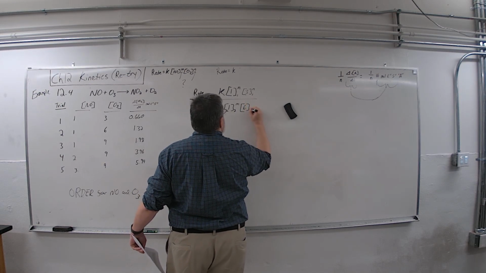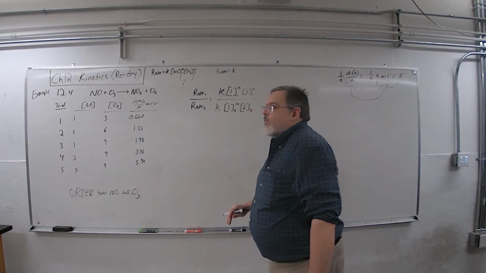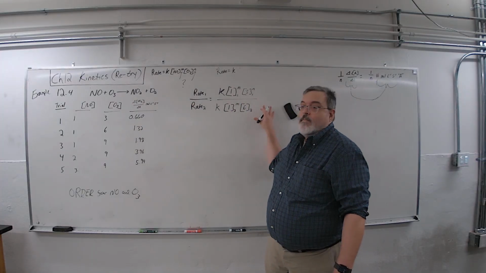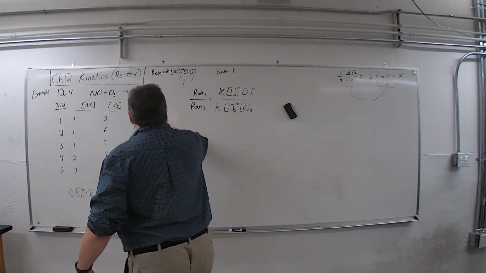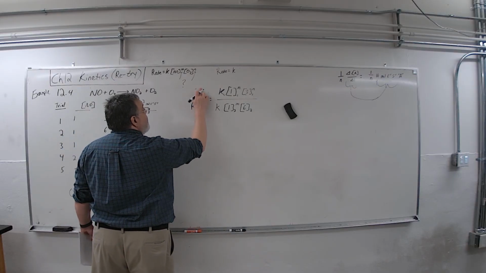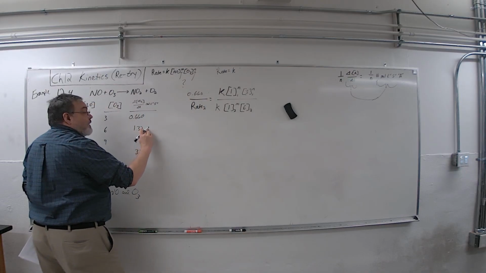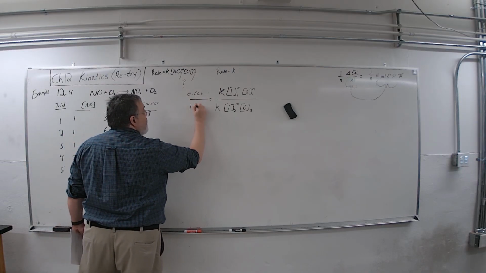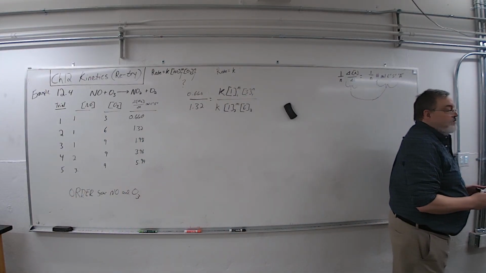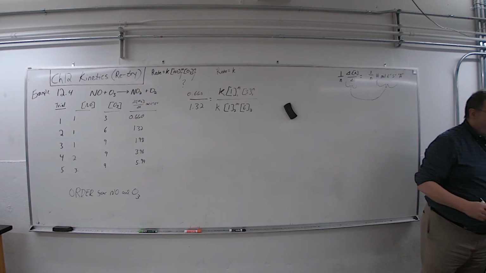Six, 2, okay. You see how I got those? I just took trial 1 and 2 and I set this up. And actually the rate for 1 is this. So I'm going to put 0.660 here, and the rate for 2 here. There. You see how I set that up? Now we can solve for orders